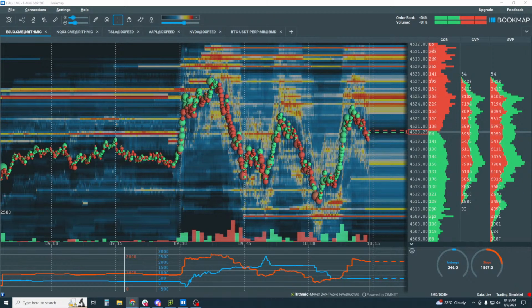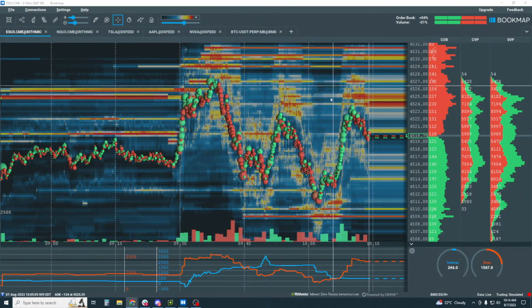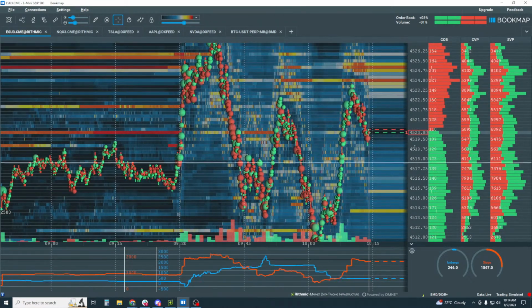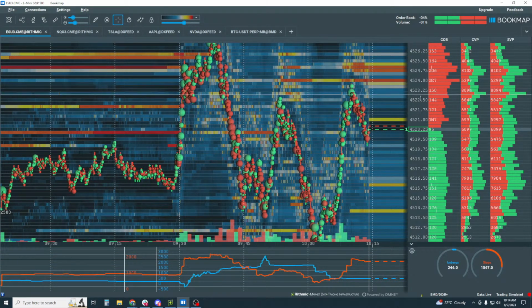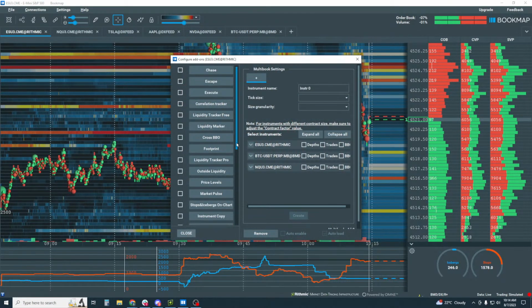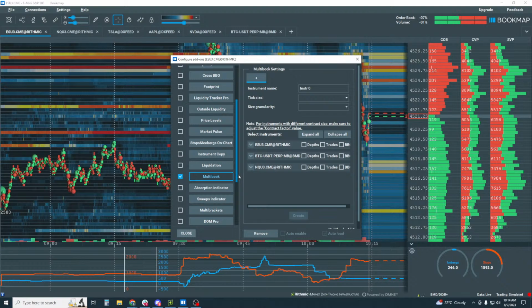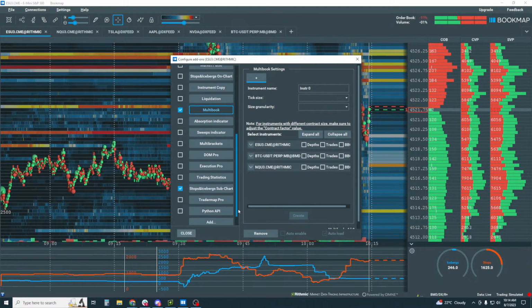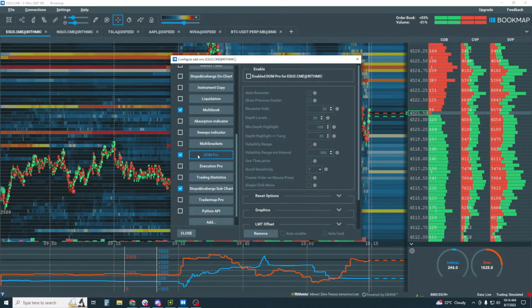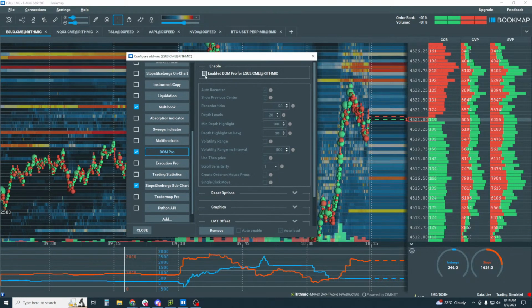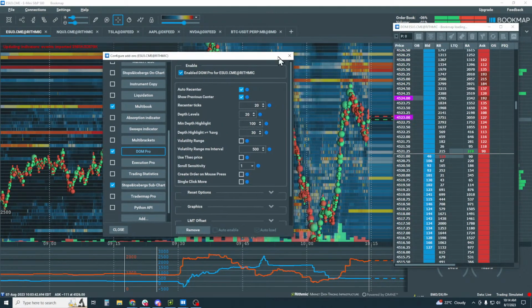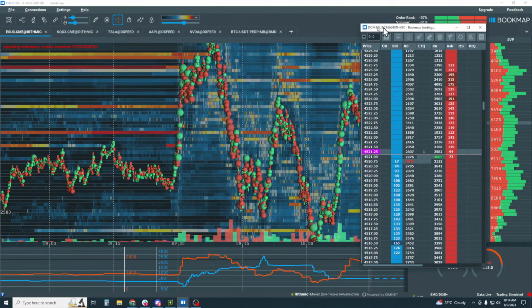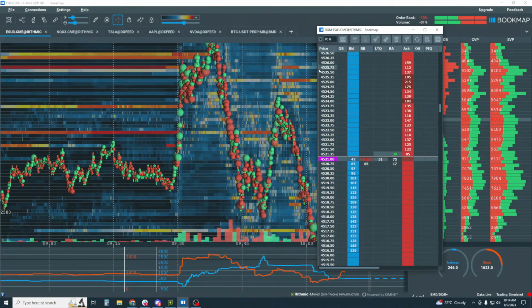Does Bookmap have the price ladder? Oh, yeah. Well, you can see our price ladder over here, and we have a fully functional trading dome within the columns here. However, we also have an add-on that you can get when you subscribe to Bookmap Global Plus, and that will give you access to the Dome Pro add-on here. All right, so let's enable it, and then it pops up here. Now, this is a high-end professional trading dome here.